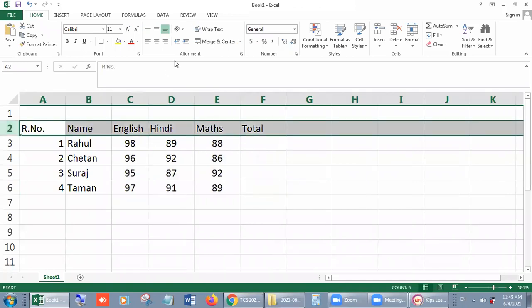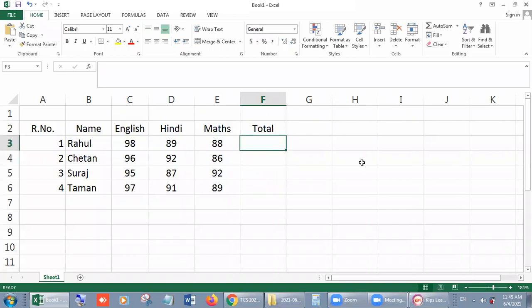Okay, students. Now I want to make total of these 3 subjects so that I can calculate the result. Now, first of all, as I told you, what is most important before a formula? It is equal to sign. Yes, good. Now equal to sign. Okay. Now select the first data. Click on it. C3. I told you about the cell address that our C column is there and 3 row. So its address is C3.